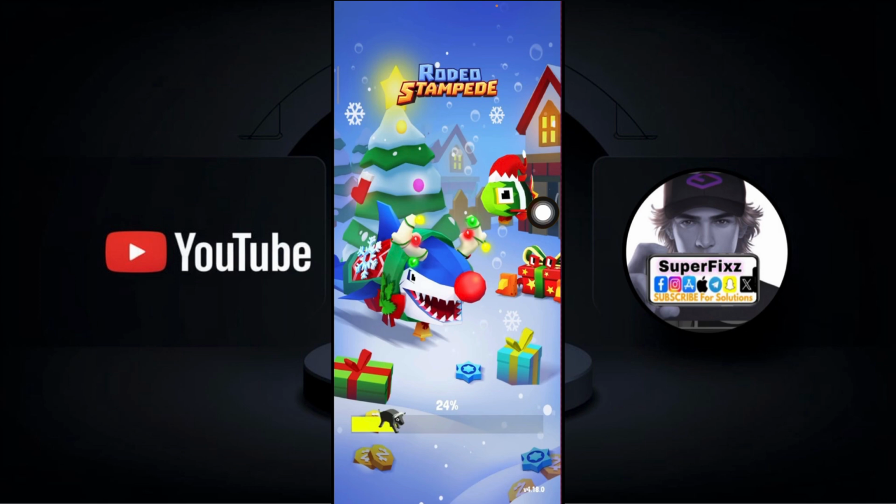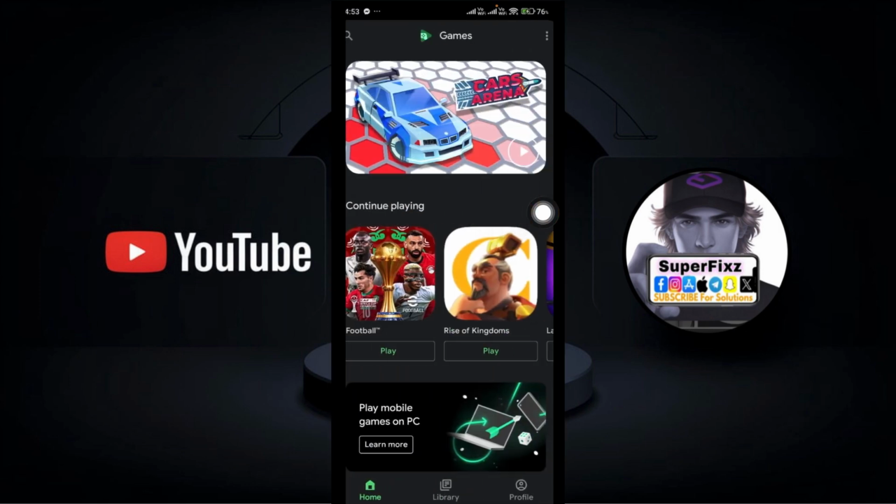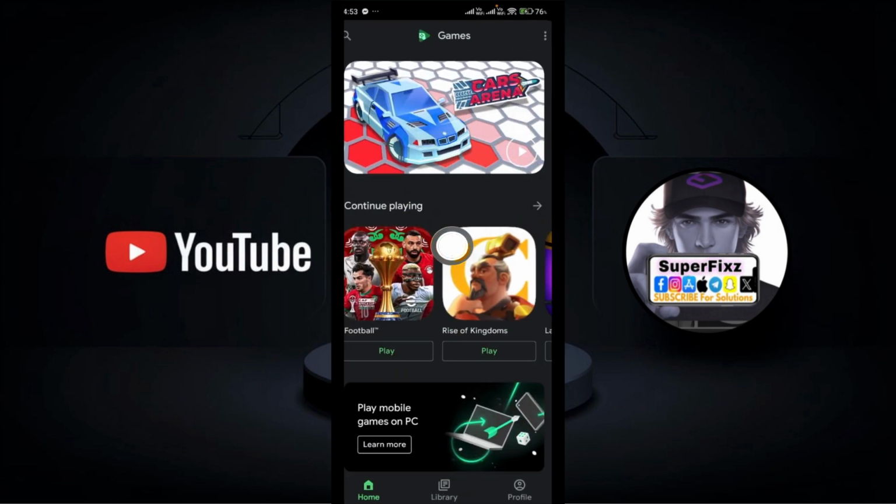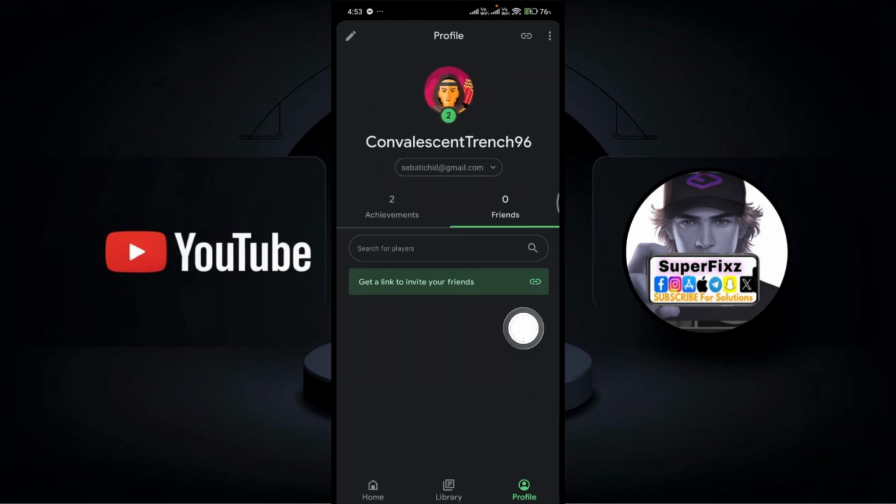Once you're in the game, you can simply go ahead and find Google Play Games in your device. In Google Play Games, you'll have to find your profile icon towards the top. In your profile section you'll be able to find your account, which has the progress of the game. So you can check your account in your profile section, and then once you go ahead